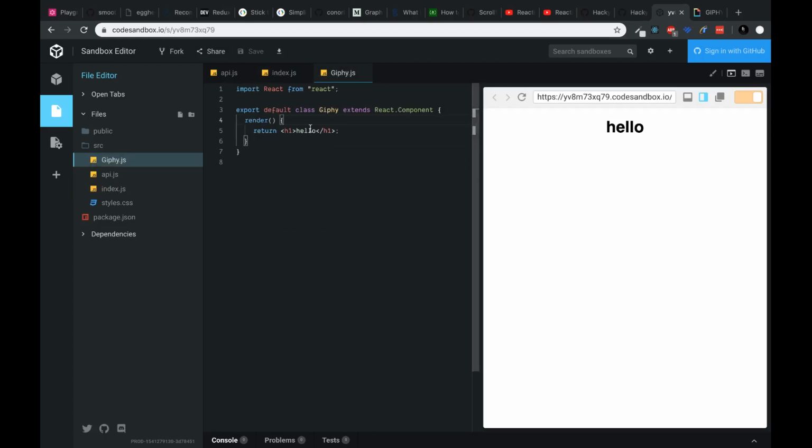So let's go back to the Giphy. In this component, when we show it, it needs some data from the Giphy API. This data is coming from an external API. It's not really coming from state or anything. So what's actually the best way to request this kind of thing? We already covered the lifecycle, that when the component shows, it will fire componentDidMount. So if we say here componentDidMount,